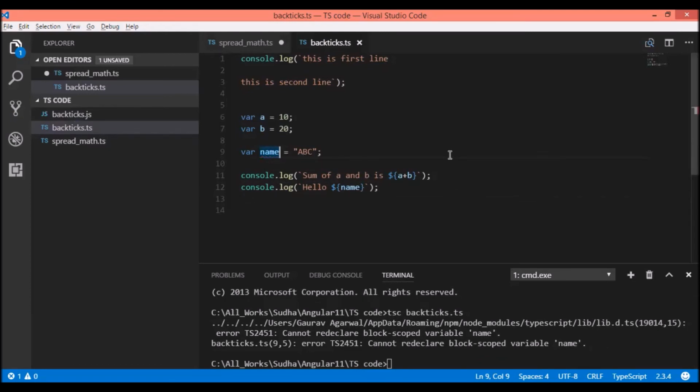You can have one more variable like name one. No problem. We can have, because the variable scope is there. The issue is with the variable scope.